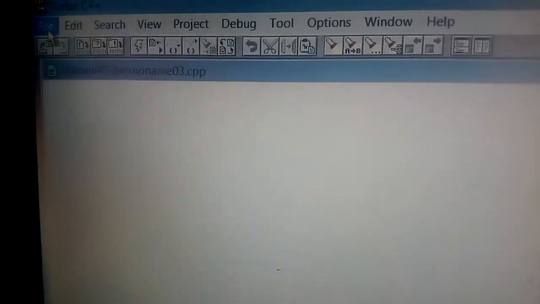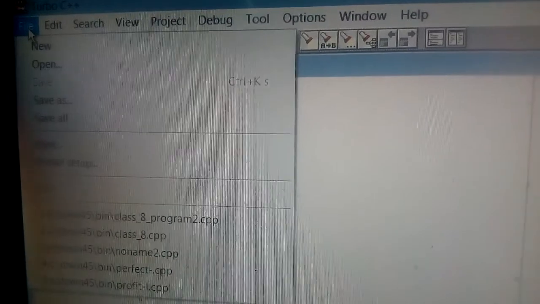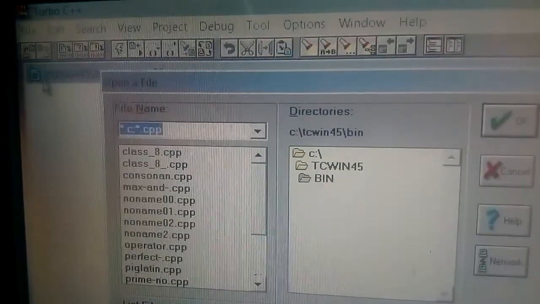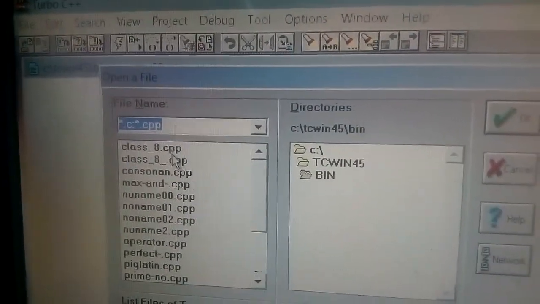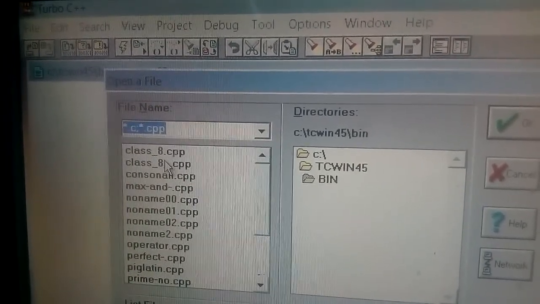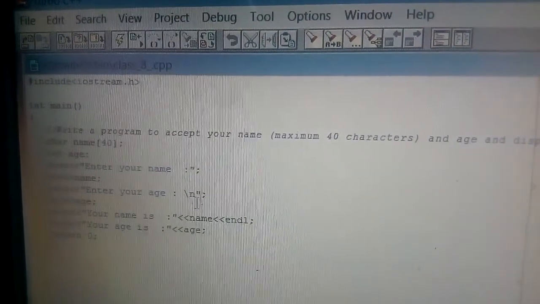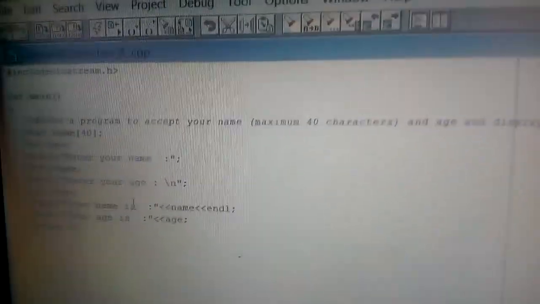Because I have written the program, I am opening that program only. File and then open. Okay, here last day we have seen this class A program. Today we will see this program. Here you can see the program.